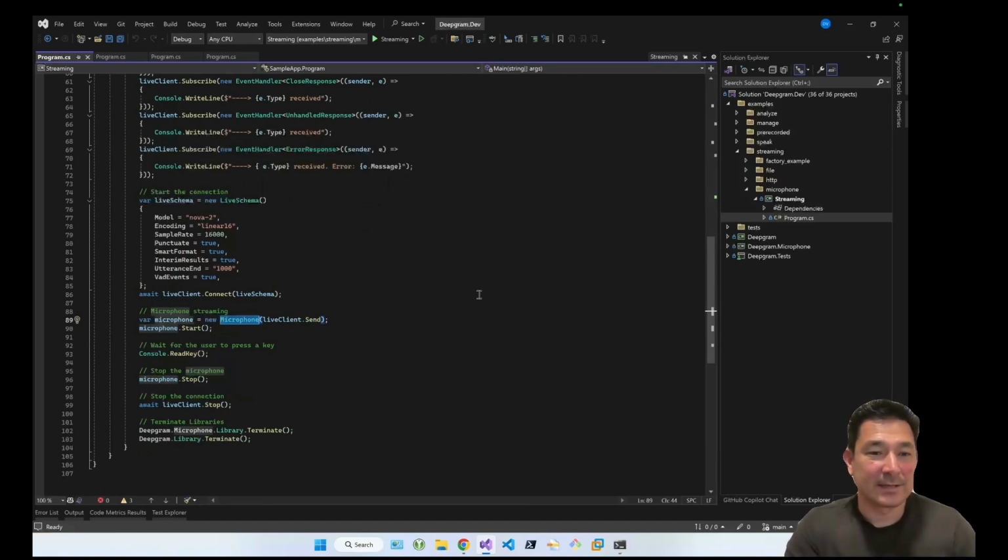So effectively, just like in all of the other SDKs that function in the same exact way, we provide the function to send or push data into Deepgram, where the microphone will do that automatically. And so if we go ahead and run this example,